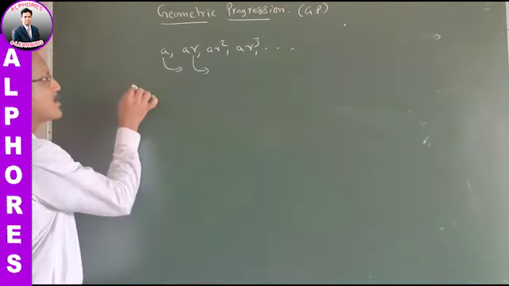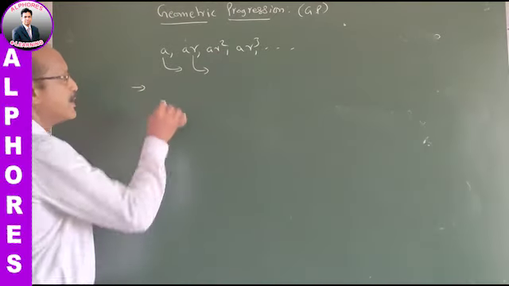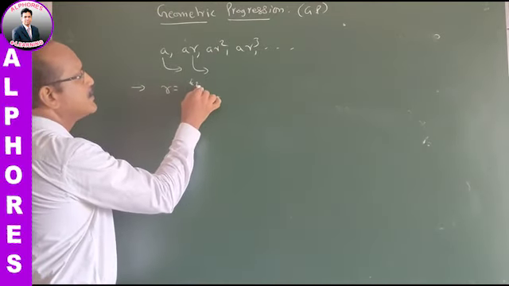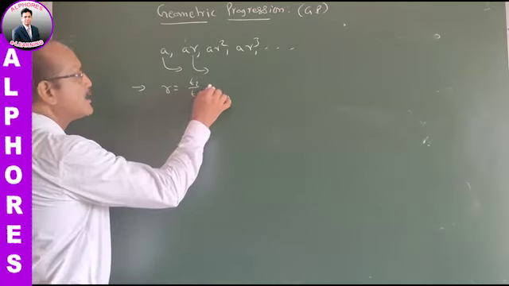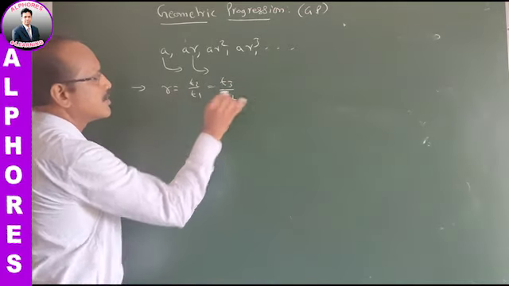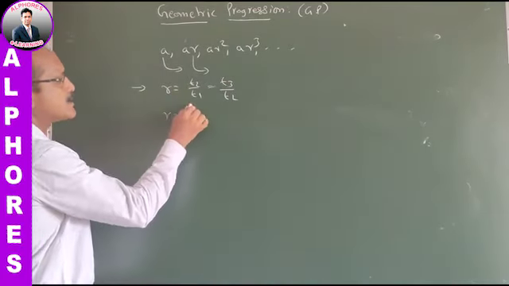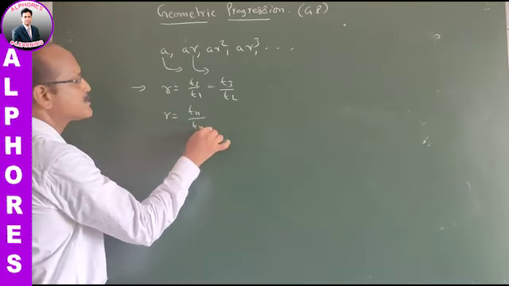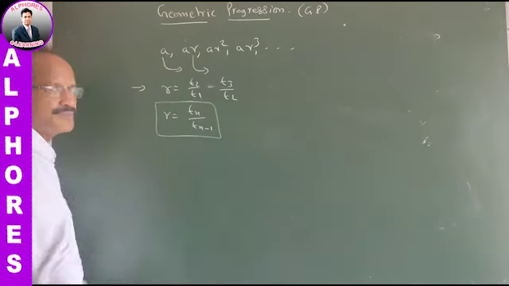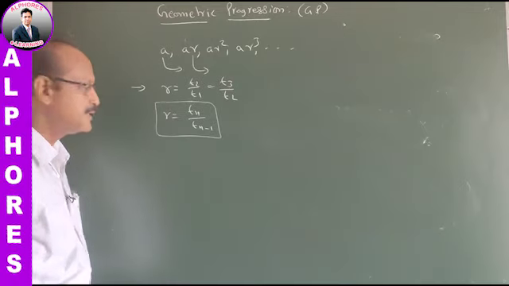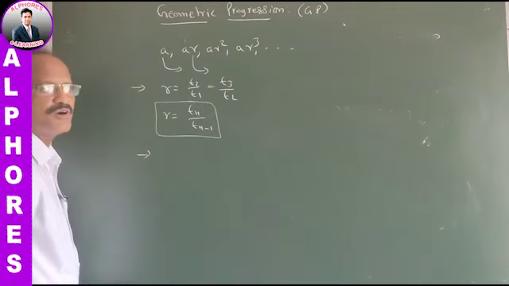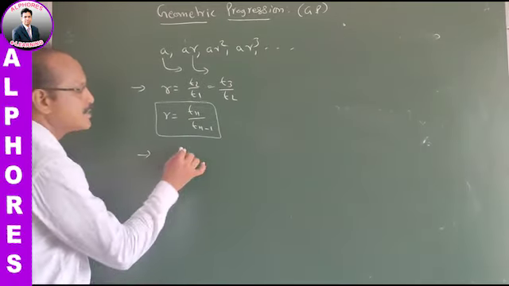Right. Now the common ratio value is given by R is equal to second term by first term. R is also equal to third term by second term. Or you can generalize it like this: Tn by Tn minus 1 gives the common ratio of the GP. Right. And next, the nth term of the GP is given by